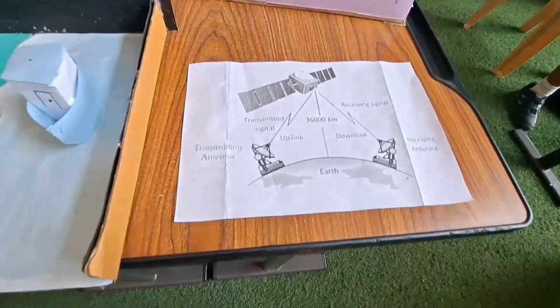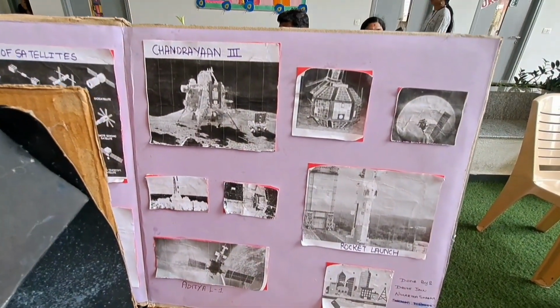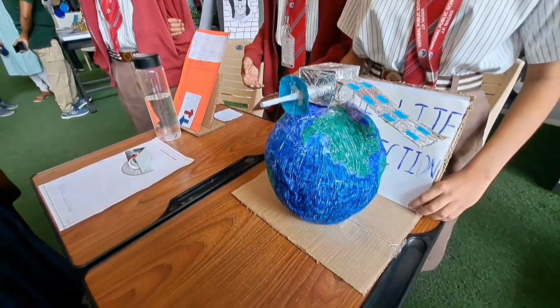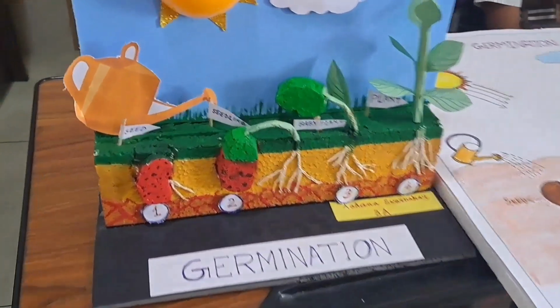Now, different types of satellites and satellite communication. Today we are going to talk about satellite communication. A satellite services in which there are